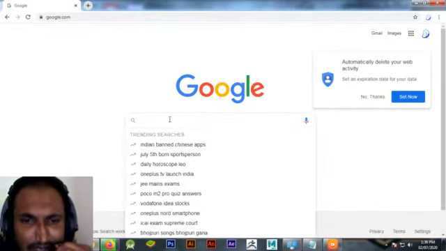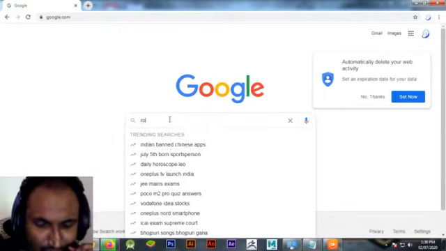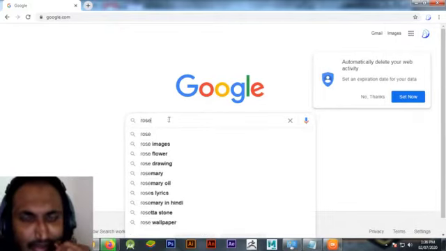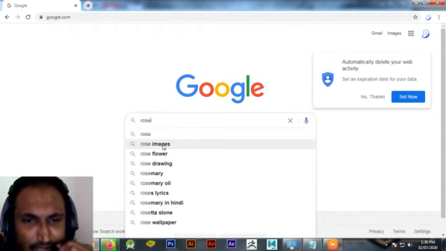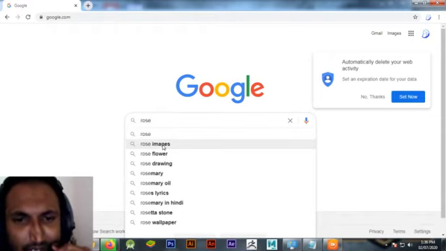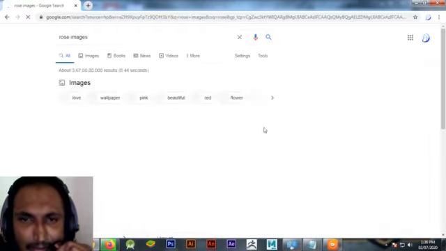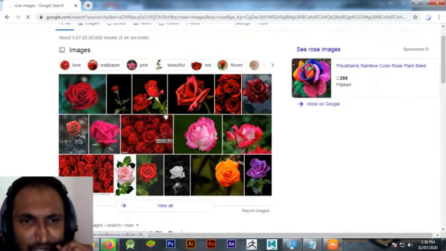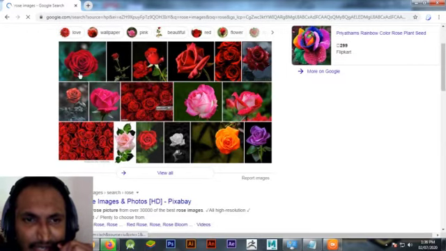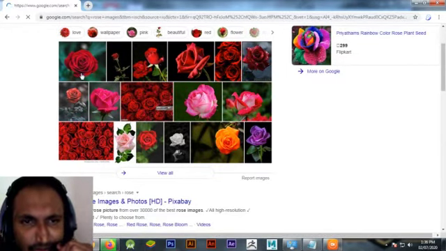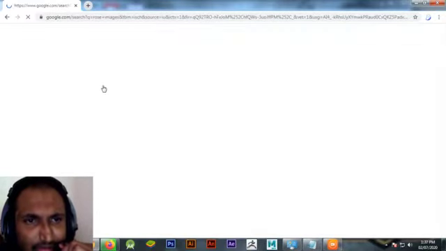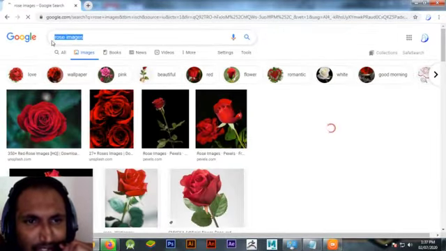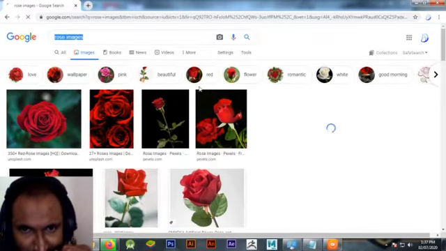Let's see, if I search rose here, and if I click on images, then it will show me the rose images. Here you can see the images of rose. What was our keyword? Rose images. So we can see the different types of roses here.